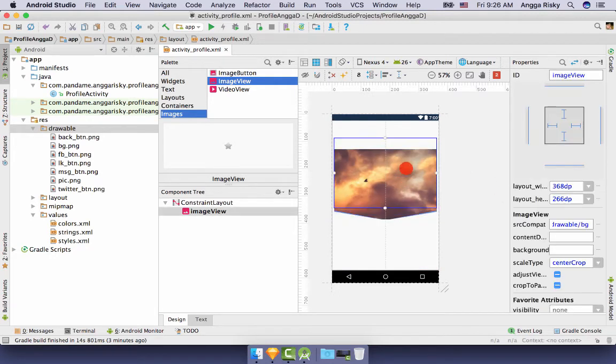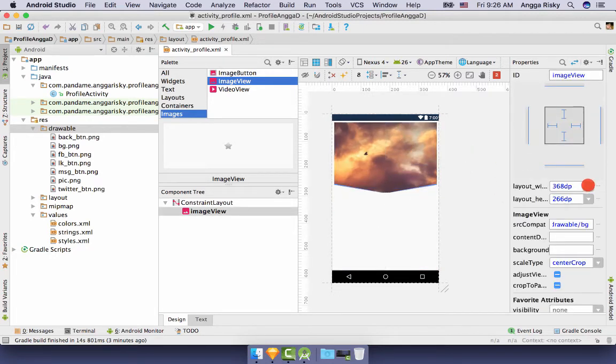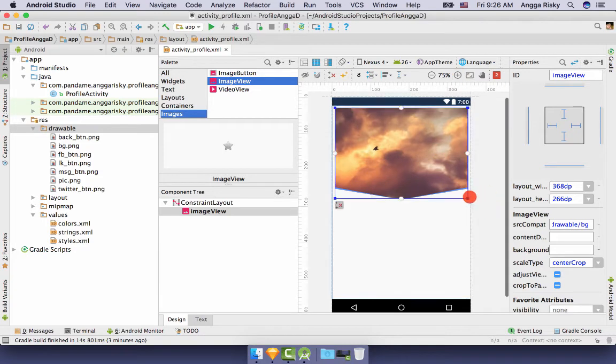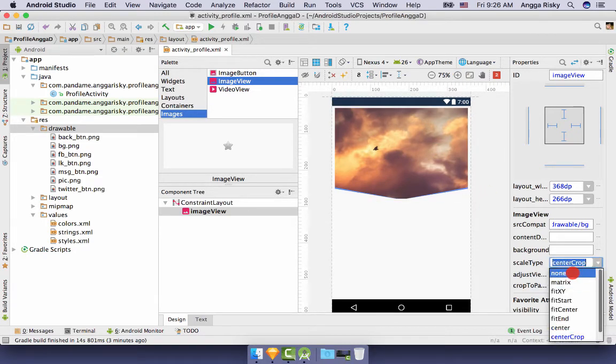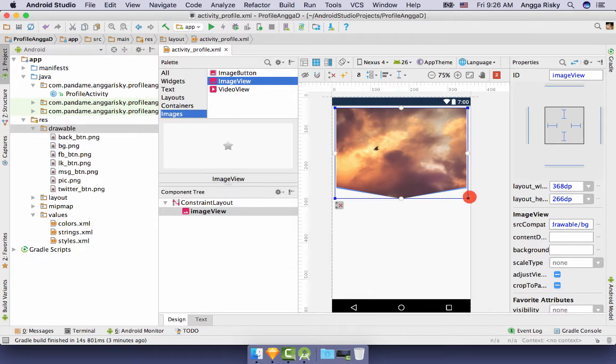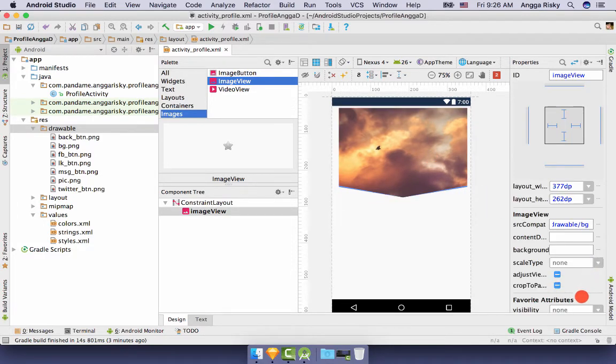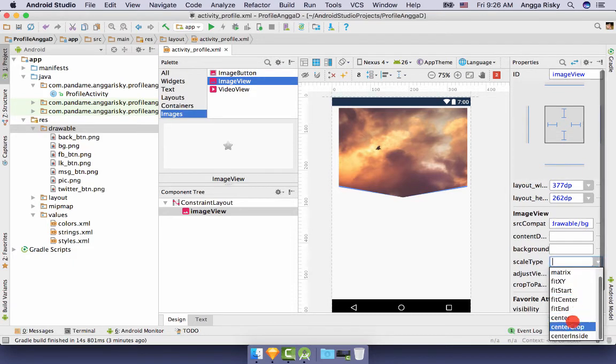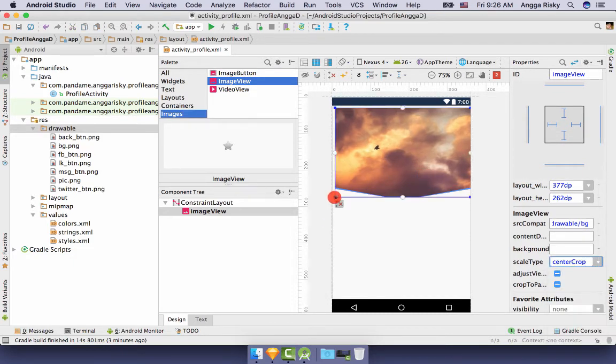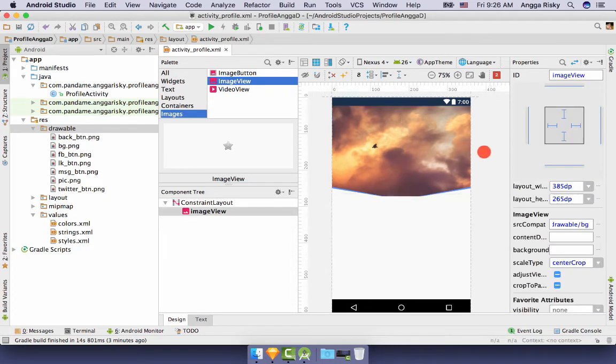Okay, and we can make it here, and I'm going to make it full, so I think we can change to the none, and this is make it full. Sorry, mistake. Scale type should be center crop, and this is full, and move. Okay, and now we can click here to invert the constraint,